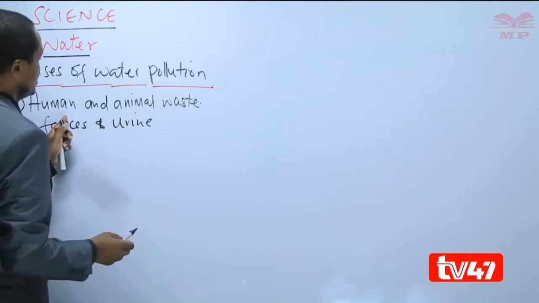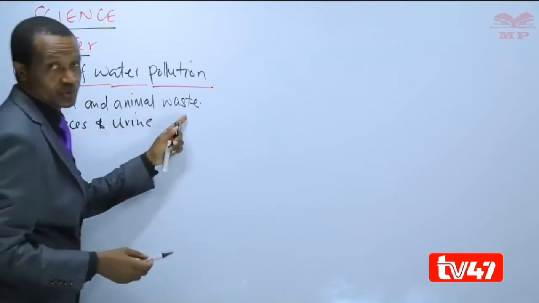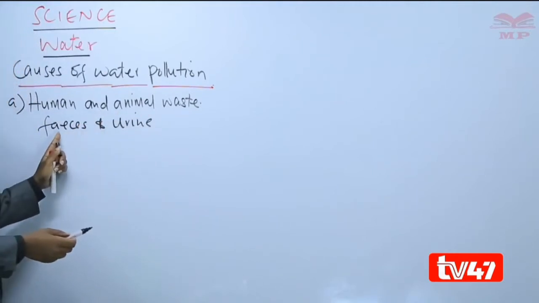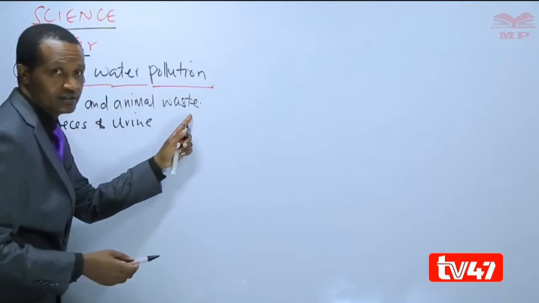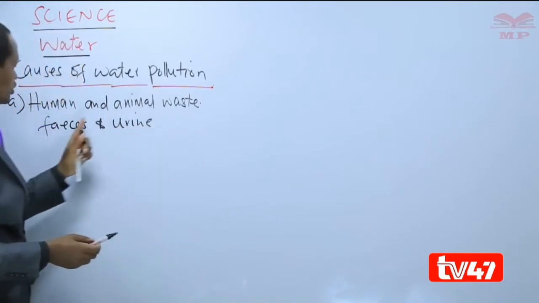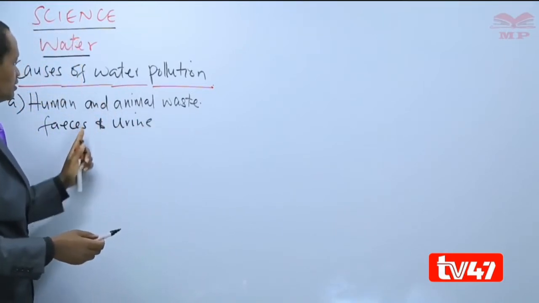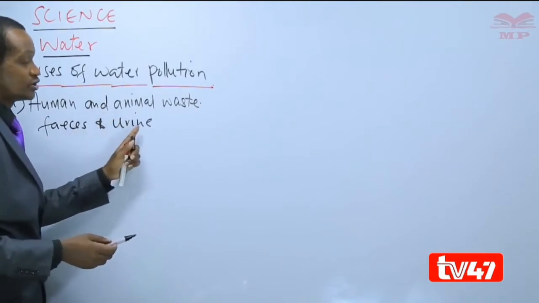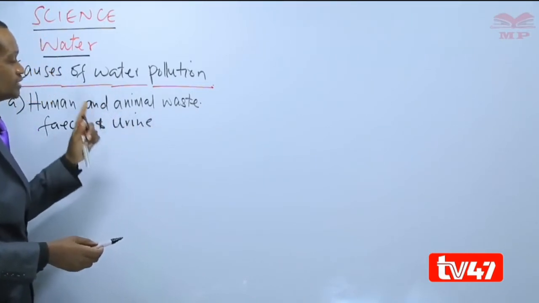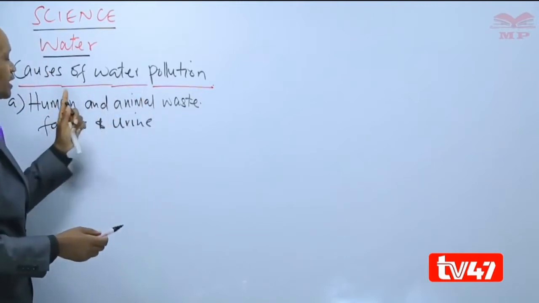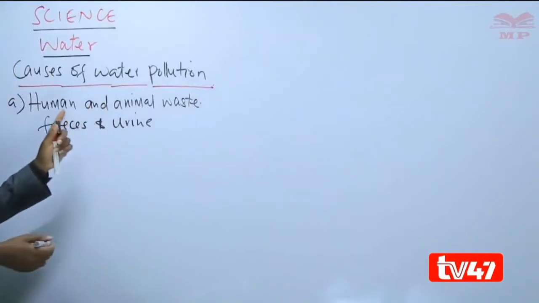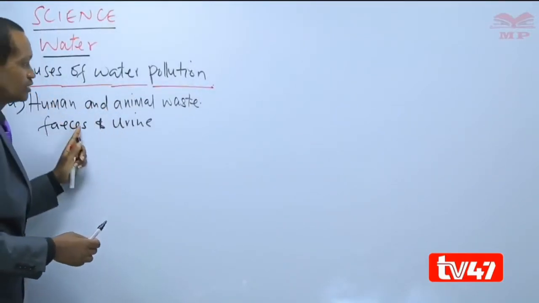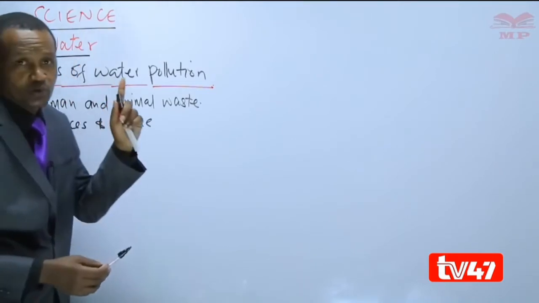Human beings and animals release feces and urine as waste. So, these are feces and urine, what we are referring to as human and animal waste. These are the major pollutants of water. The major pollutants of water are human and animal waste,